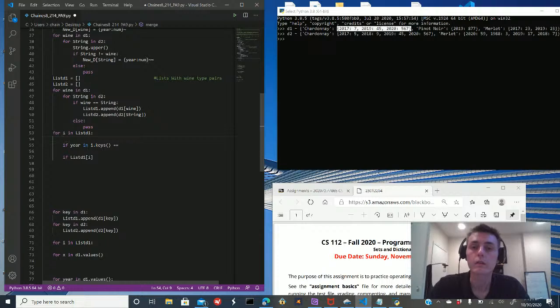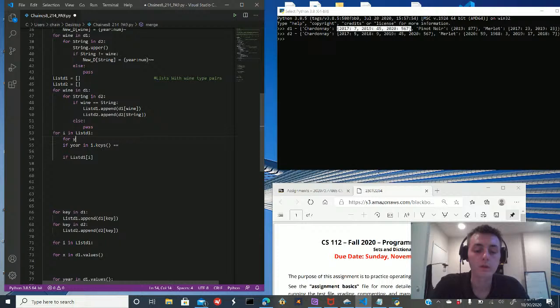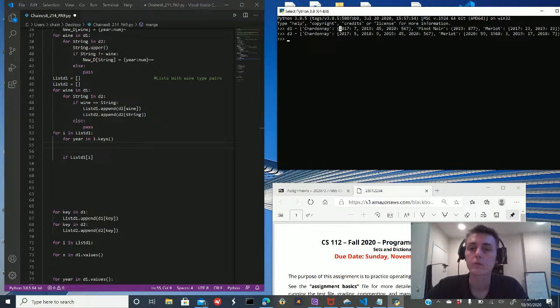And then for year in I.keys, so now we're saying for each dictionary, for each of these years in D1,